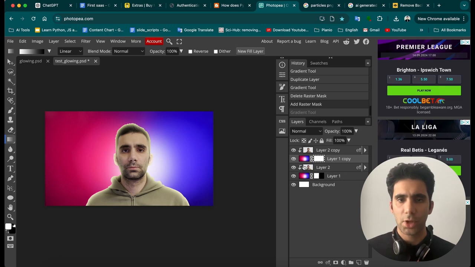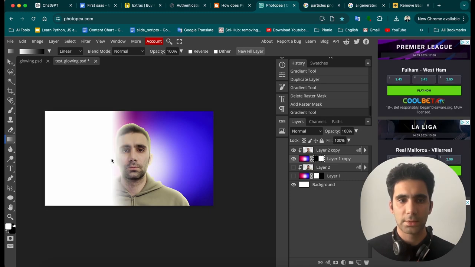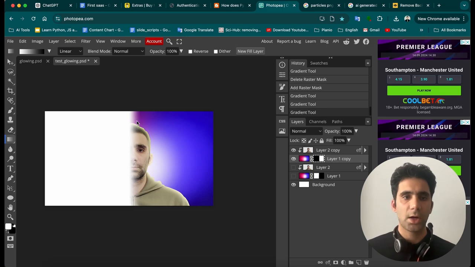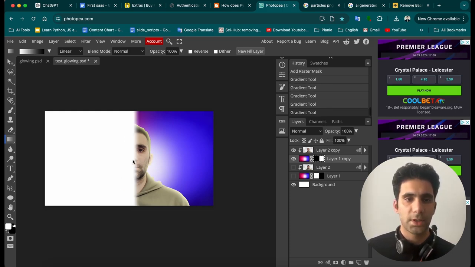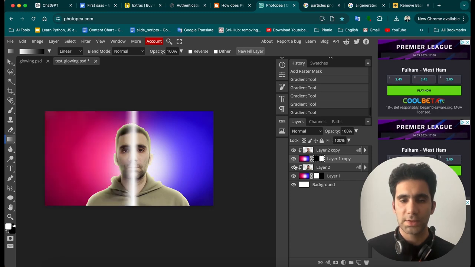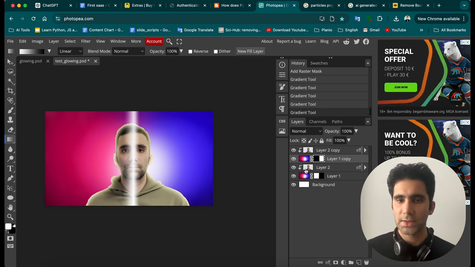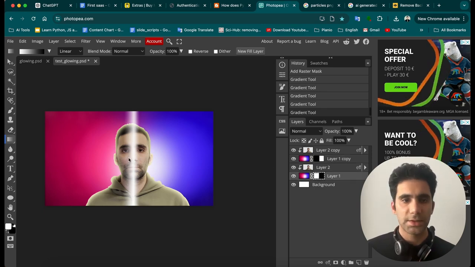So to make it more obvious, let's hide the other two layers and then try to create a gradient mask like this. We need to try it a couple of times to make sure that it covers the left side of the image. It should be fine, I think. Yeah. Now we can make the other two layers visible again. So as you can see, it didn't cover the middle side. So let's select the first layer and then try to cover this